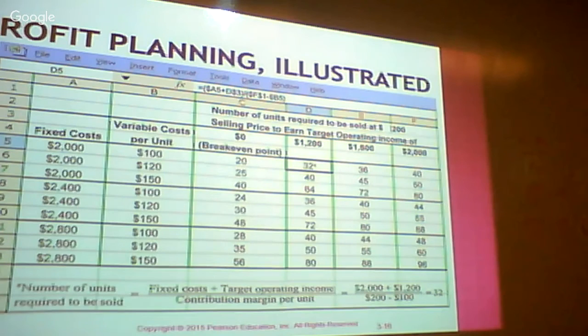So 3,200 divided by 100 is 32 units, and so forth. And so if you use Excel, you can plug this into formulas to quickly calculate this for you. And someone would do this to really decide, okay, I have fixed costs. What you would do in this case, say,